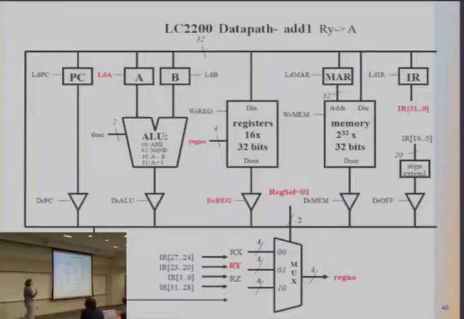Okay, let me ask you this. How do you determine how many steps we need? Yeah, exactly. How many times do you have to write on the bus? So how many times do you have to? 3, exactly. So the first step is obviously load the